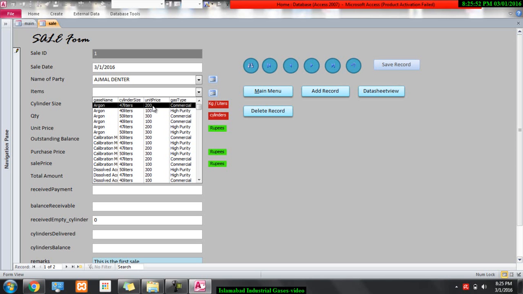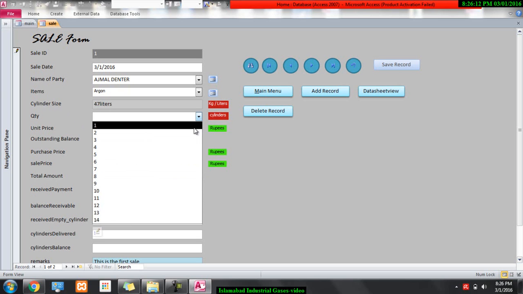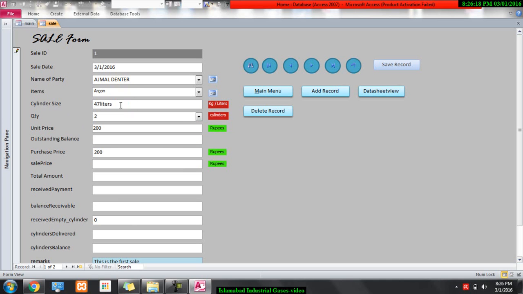The unit price can be changed easily, so I'll tell you how to do that. But first of all you can just select argon. As soon as you select the argon field, you can see that 47 liters, the cylinder size, unit price and purchase price are automatically picked up. Now you can select the quantity. Supposing we are selling 2 cylinders of 47 liters to Ajmal Dental client,